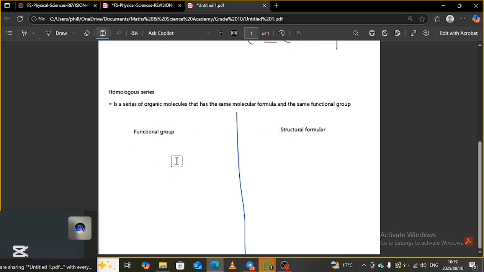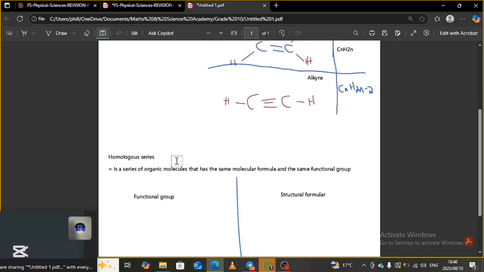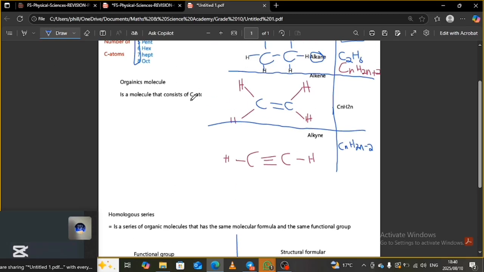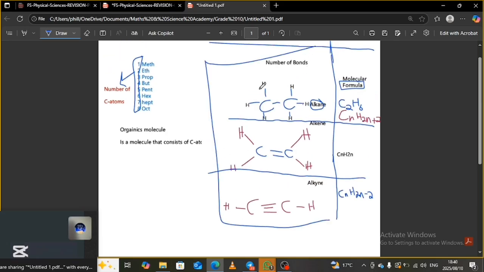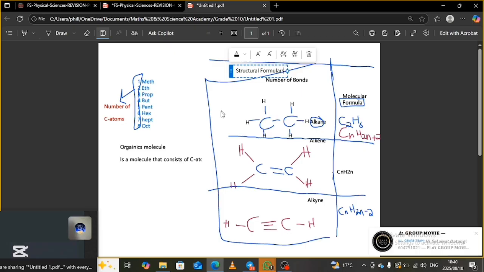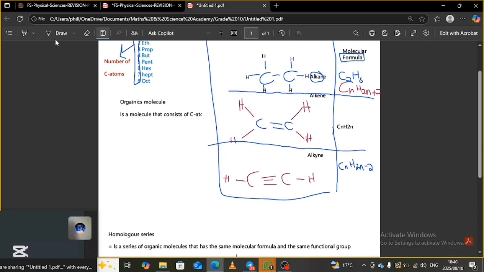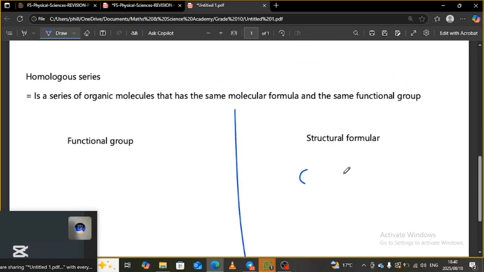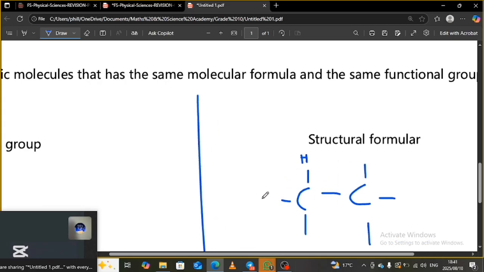Now let's recap. A homologous series is a series of organic molecules that have the same general formula and the same functional group. We already know the difference between a functional group and a structural formula. A structural formula is the structure of a certain organic compound. Now let's consider an organic compound with two carbons, and it's a hydrocarbon,